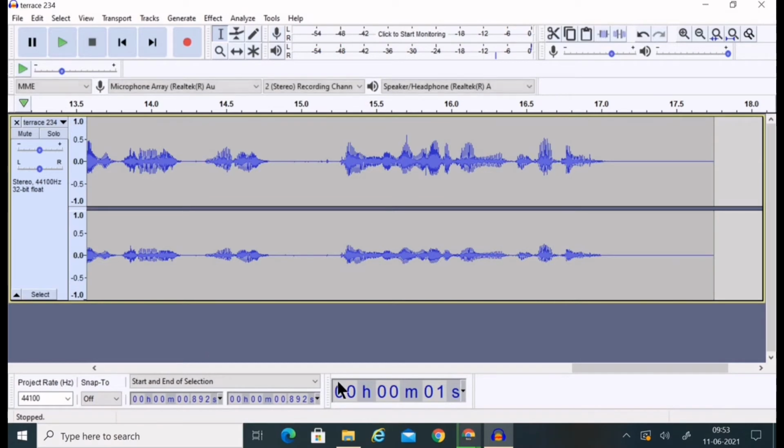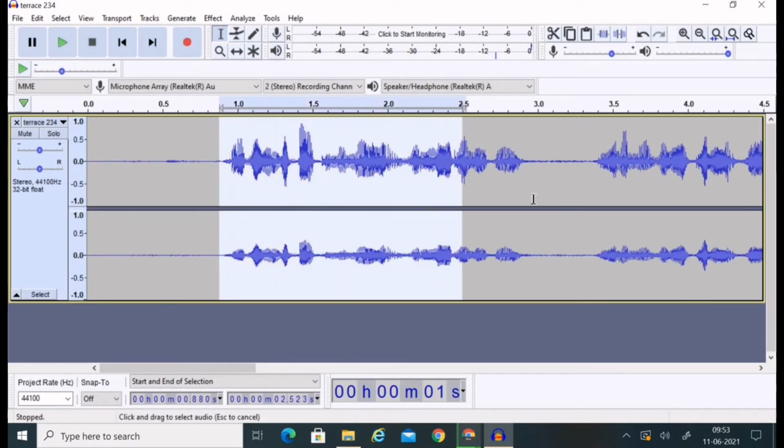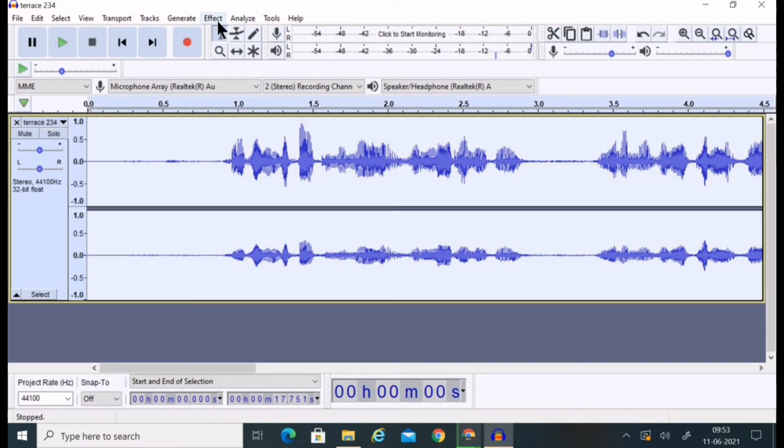See, if you compare this to the previous one, the voice has got some boost and there are not many variations in the voice. So this will work for someone. If you don't like these kinds of things, then just end with the previous step. Don't go for amplification, but if you need amplification, you can do so. Also, you can increase the amplification by increasing the factor. Select Ctrl A, go for effect, amplify.